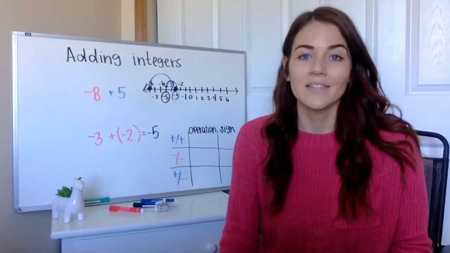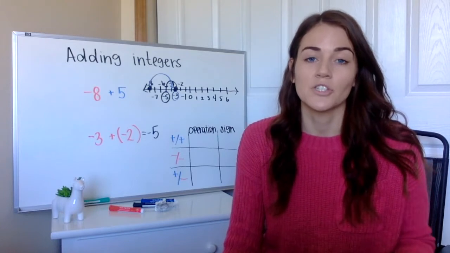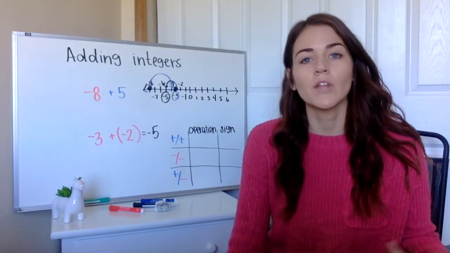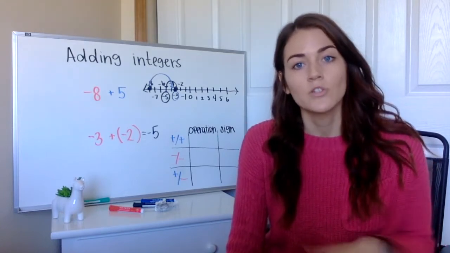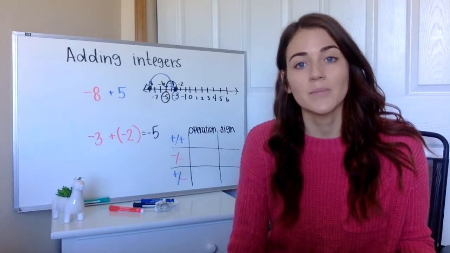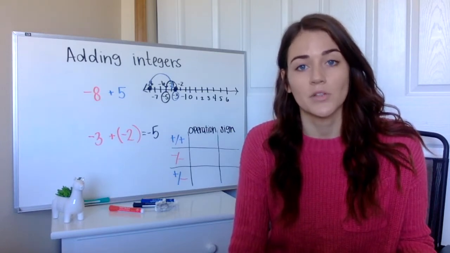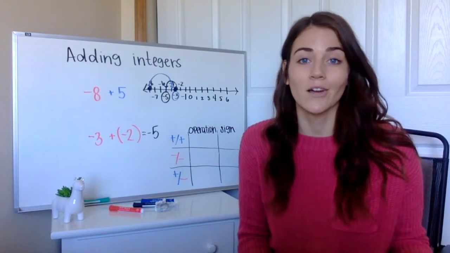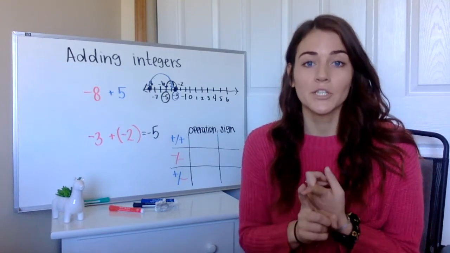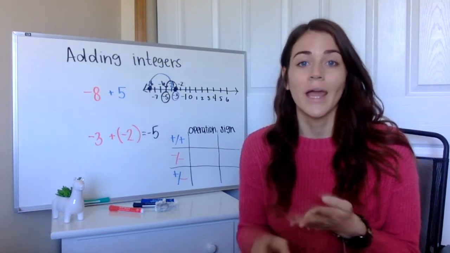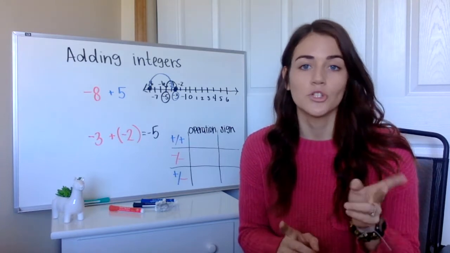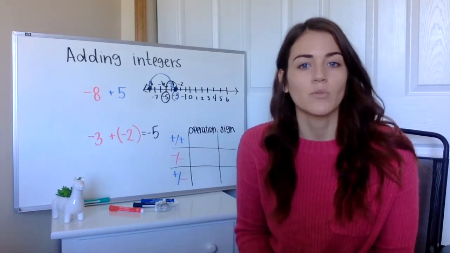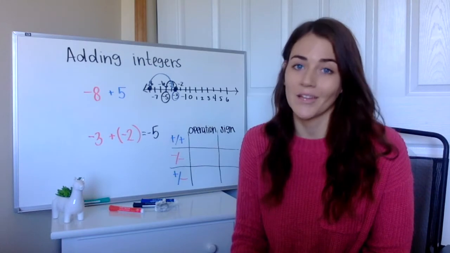And then the last way that you can approach these integer problems is by thinking of them as a word problem. So in my last video, I shared some examples of where we see integers in the real world. The three I talked about were temperature, elevation, and money. I'm going to use two of those to think about these problems. So if we use money to think about this problem,